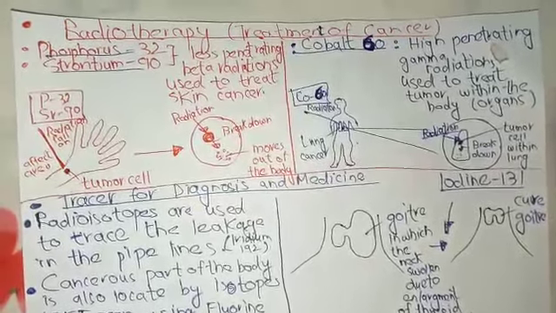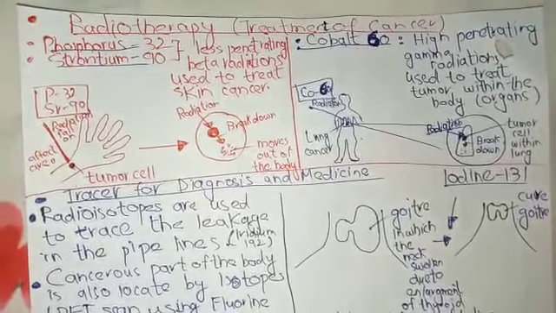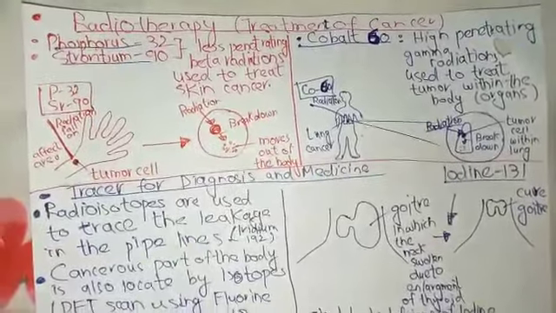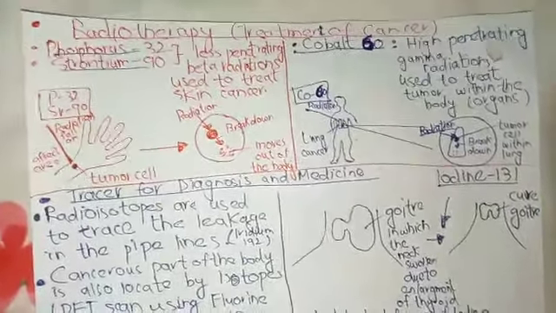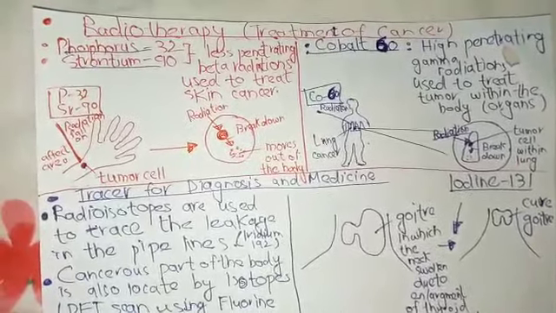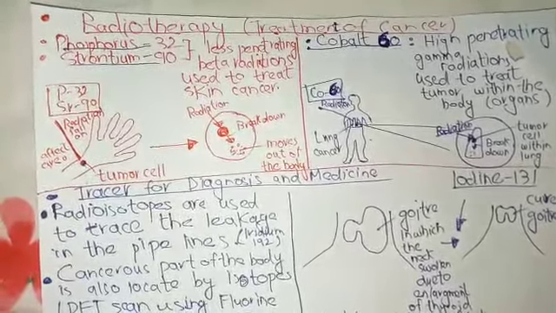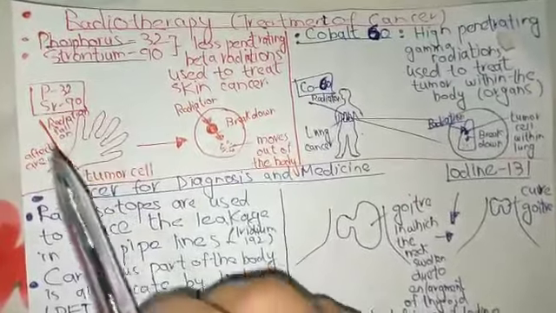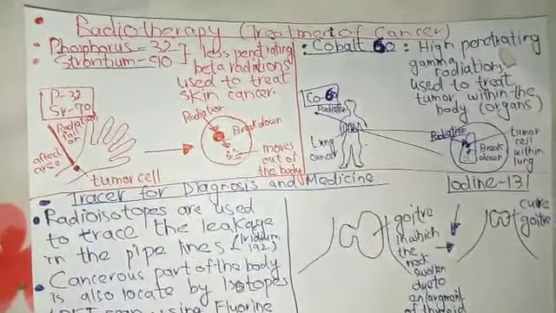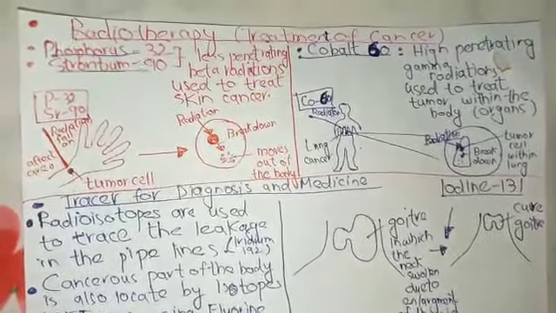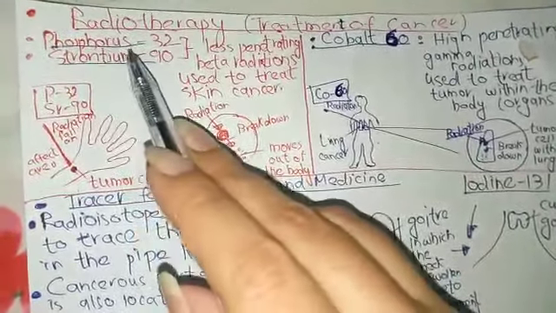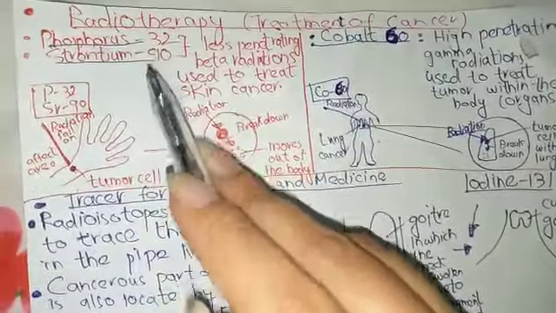Ninth class. Today we will discuss the topic number 2.3.3, uses of the radioactive isotopes. First of all, we will talk about the first use of the radioisotope, that is radiotherapy, or the treatment of the cancer cell. Here we will quote different examples of radioactive isotopes used to treat cancer cells. First we will discuss phosphorus 32 and strontium 90.